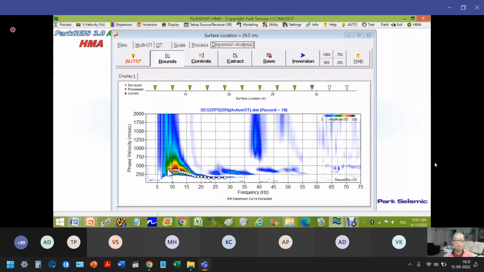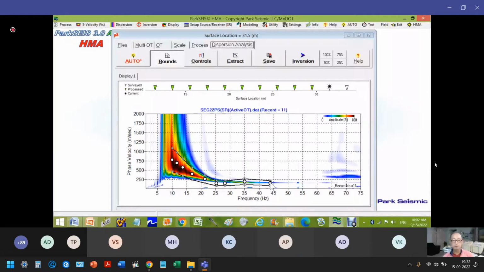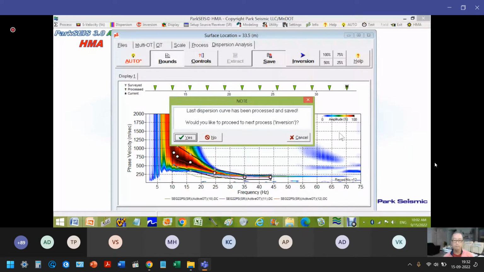save, and now it changed a lot. So I'm gonna update those two bound curves like this. Extract. Probably I may want to add more bound points here. Save, and it changed also a lot. Extract, save. So I extracted all 12 dispersion curves, and now the program will move to the next step of